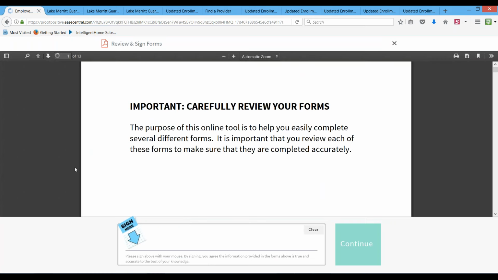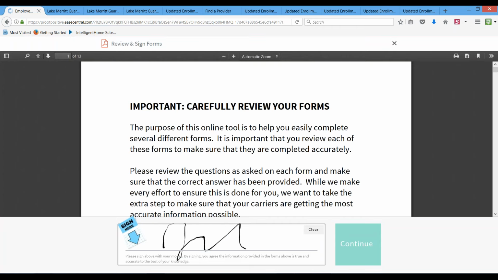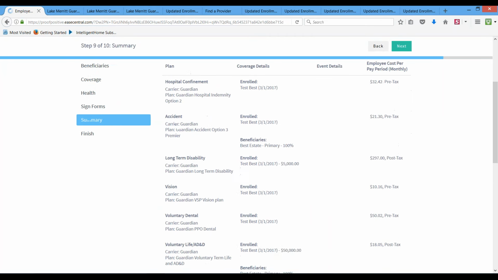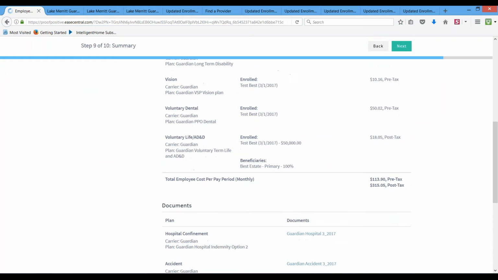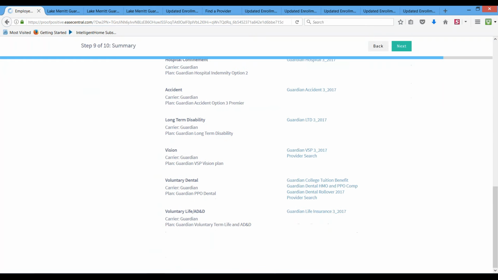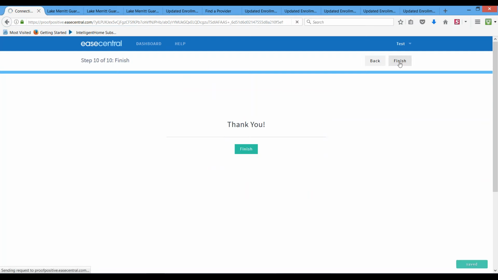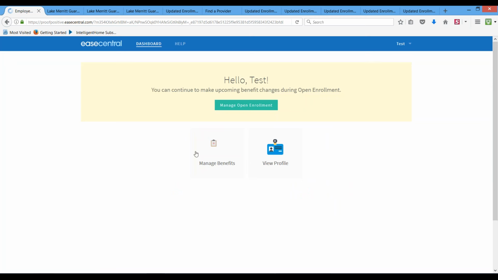So that's what I like about this. This means at the end of the day, everything's going to get filled out. So I sign. It now shows me here everything that I've elected and what the cost is going to be. So I love that. I know that I'm done, and that's it. I hit next, and it says, congratulations, we love you, and that's it. So I submitted my feedback, and I said finished. I can always go in here and look at what's going on and see what I've chosen for the year. So at this point, if anybody has any